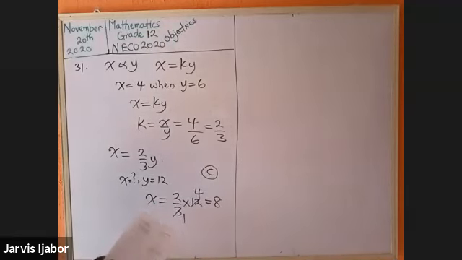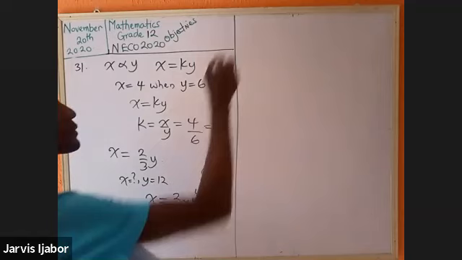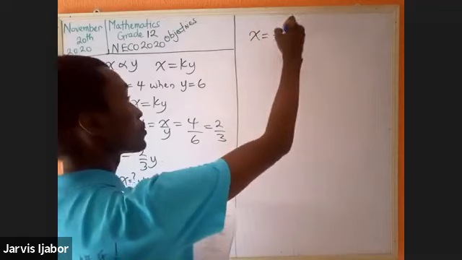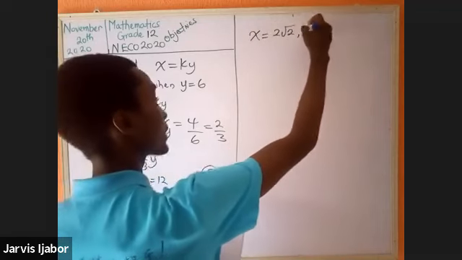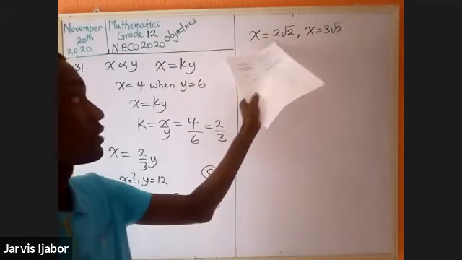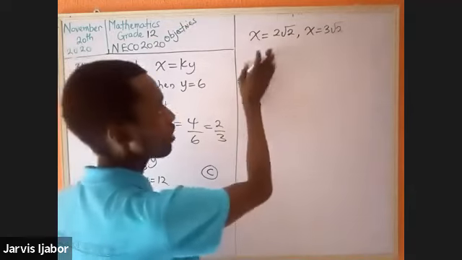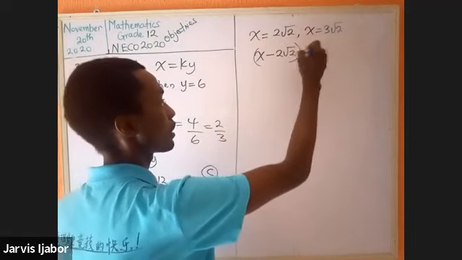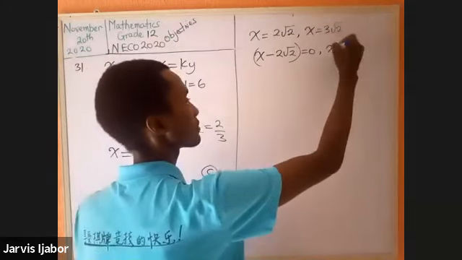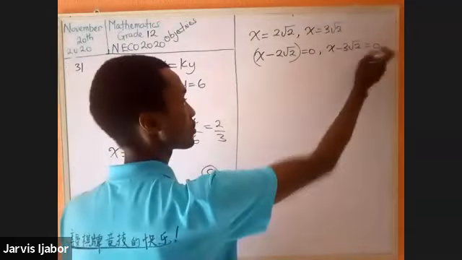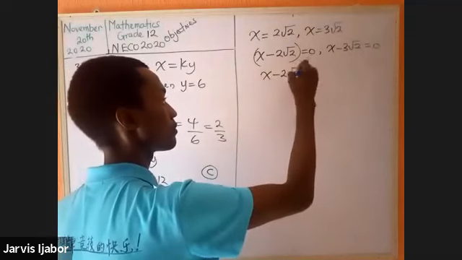And for that exam, the option is C. Now for question 32, we are told to find the quadratic equation whose roots are given. Now, when they say roots, it means x is equal to 2 root 2, and x is equal to 3 root 2. That's what it means. Now we would solve backwards. So this will be x minus 2 root 2 equal to 0, and x minus 3 root 2 equal to 0. If this is equal to 0 and this is equal to 0, it means when I multiply these two,